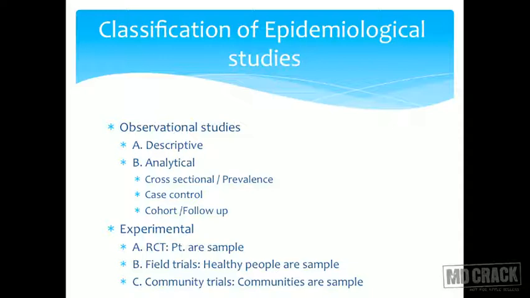So what is important for you in the examination from this slide would be descriptive epidemiology, cross-sectional, case control, cohort, as well as RCT. So let's start with each of these individually. Each one of them is very important and has its own advantages and disadvantages. By the end, you will be very much perplexed about what study to use.